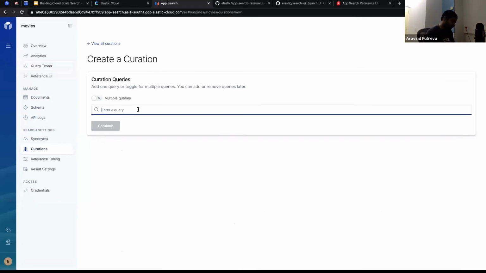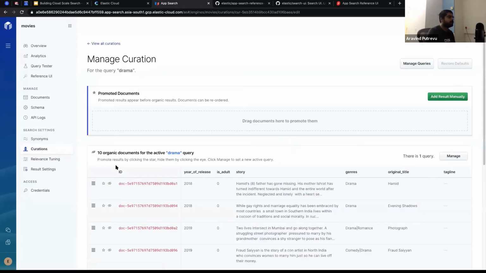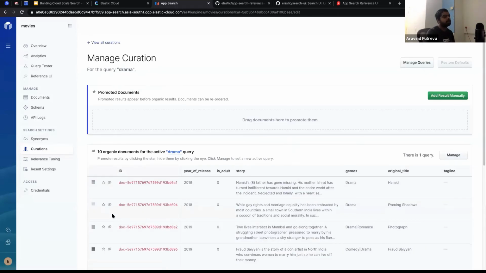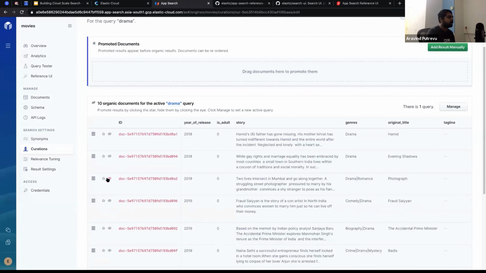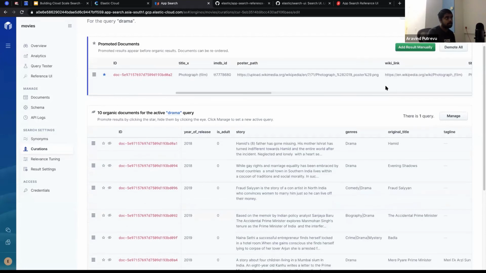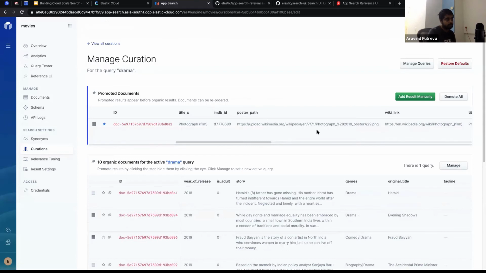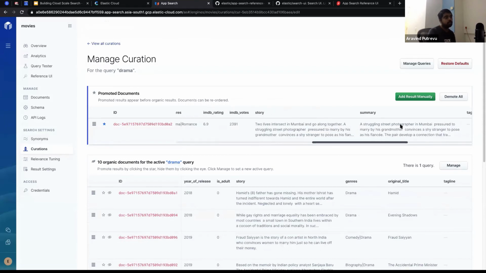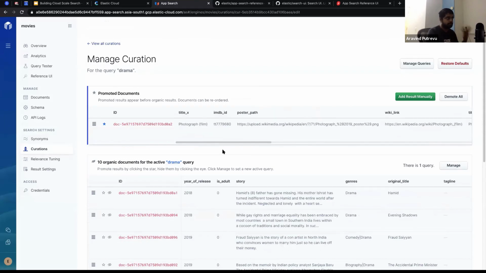Say I want to highlight or promote a specific document. If I type drama and I have a bunch of documents, and I want to highlight a specific result, I can click on promote result, and then every time I type drama, this result would show up in the search results.